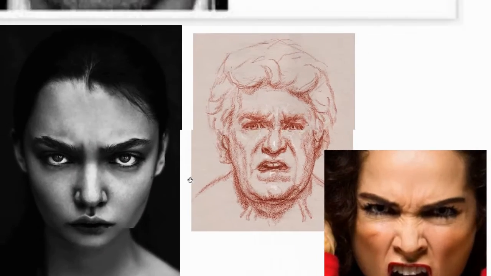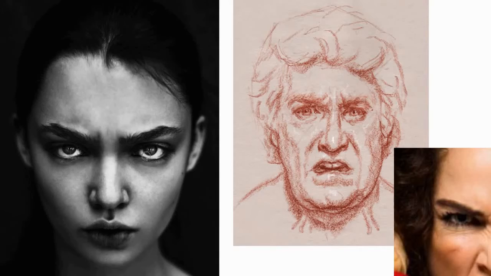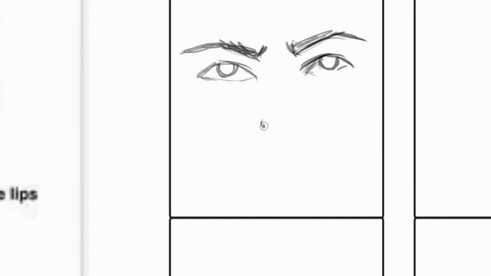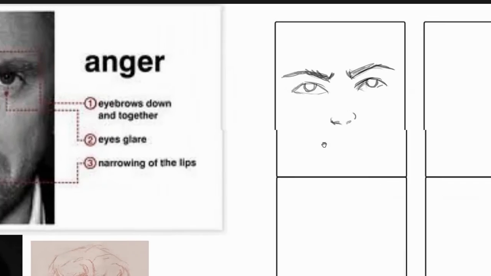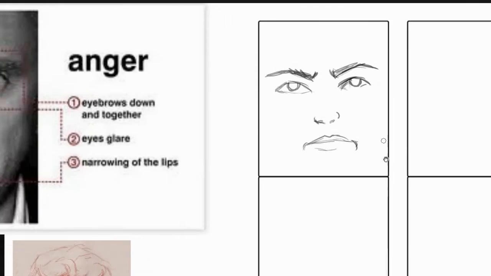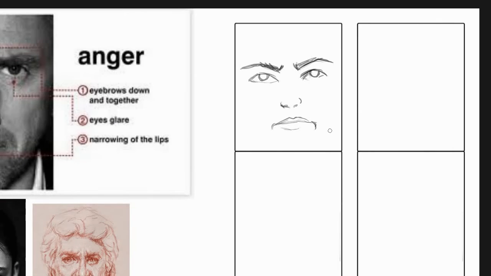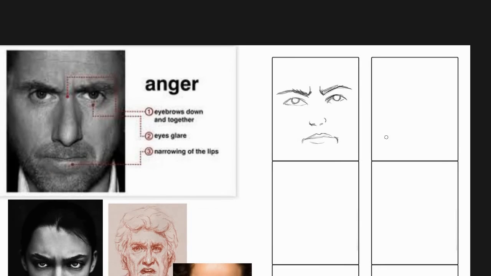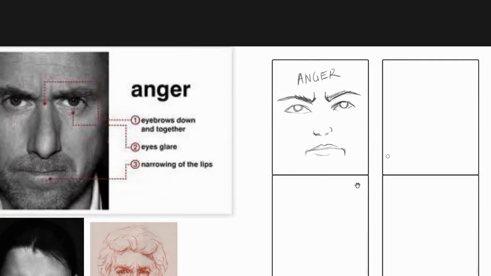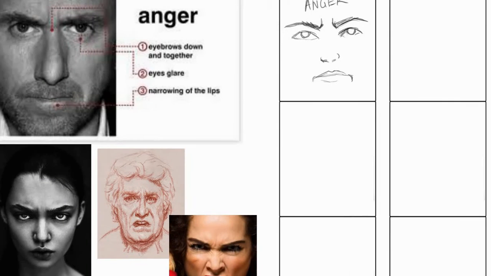What I noticed is that the pupil is pushed towards the upper lid of the eye, as opposed to other expressions that we will see. Of course, pursed lips. I know my handwriting is really bad, but